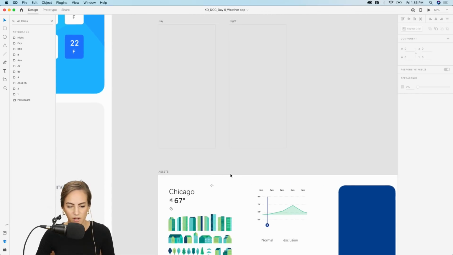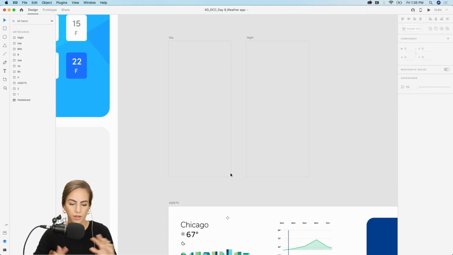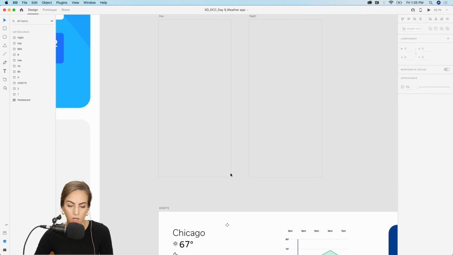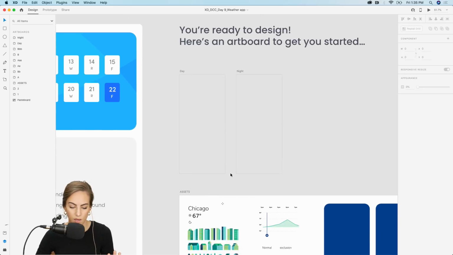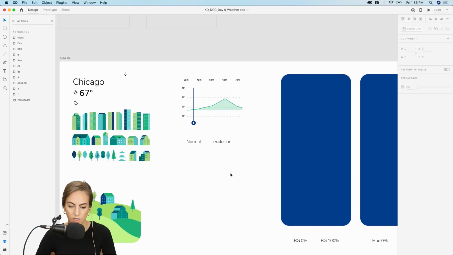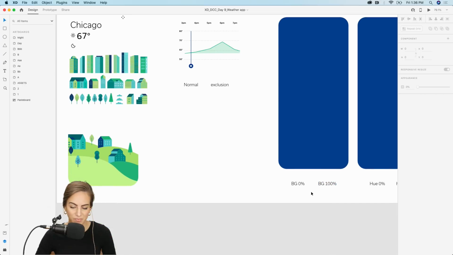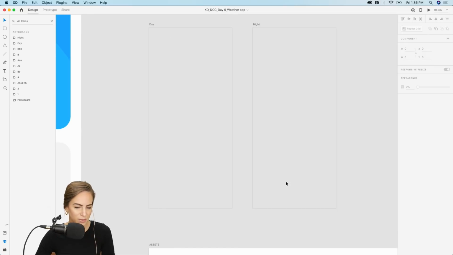So, all right, I just have 2 artboards today, and I'm not gonna do a whole ton of different artboards for prototyping because I really just want to focus on the day to night experience. So I've got a few assets already laid out, and we're going to be using the blending modes. I have some directions down here to help you follow along as we go.